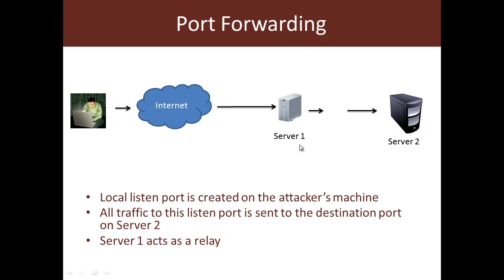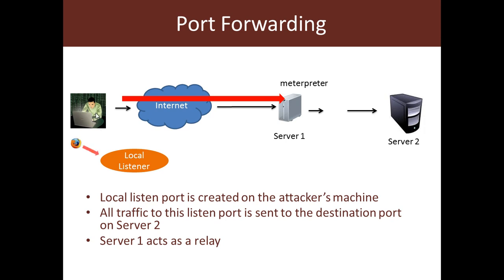Well, very simply, the attacker first breaks into server 1 and establishes a Metasploit session. Then what he ideally wants is to reach a particular port on server 2 so that he can try various activities like surfing an intranet web application, or trying to do some other exploitation for that matter. Now, how would he do that? The first thing we can do with Metasploit, which I'll demo in a minute, is create a local listener on the attacker's machine itself. When any application like a web browser talks to this local listener, this local listener will forward all that traffic to server 1 where our Metasploit session is running. Once we enable port forwarding on server 1 using Metasploit, we will be able to reach server 2 via server 1. So the whole idea is that via port forwarding,